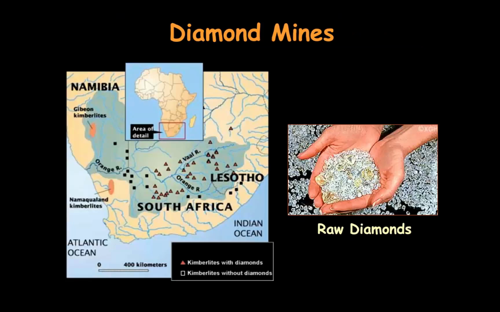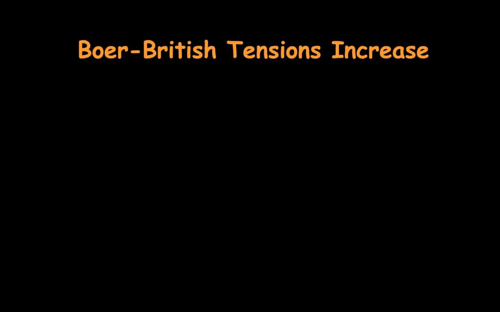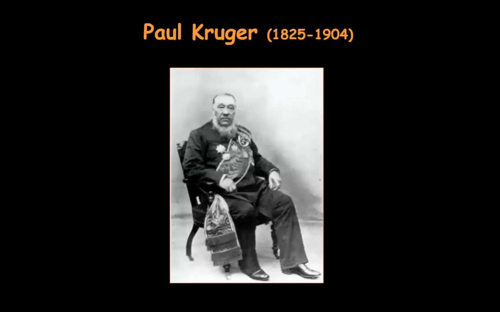And the reason why South Africa is so important back then and today is because of the diamond mines that are there. And even some of the diamond mines that are still there are Dutch. And so Paul Kruger is kind of a famous fellow here because he's one of the Boers who actually is fighting on the side of the Dutch.